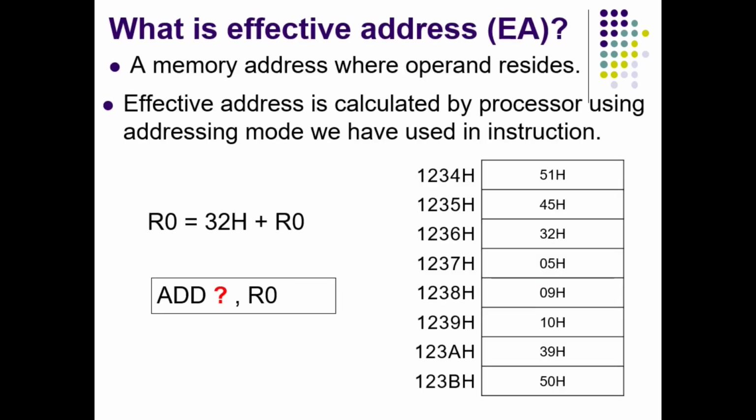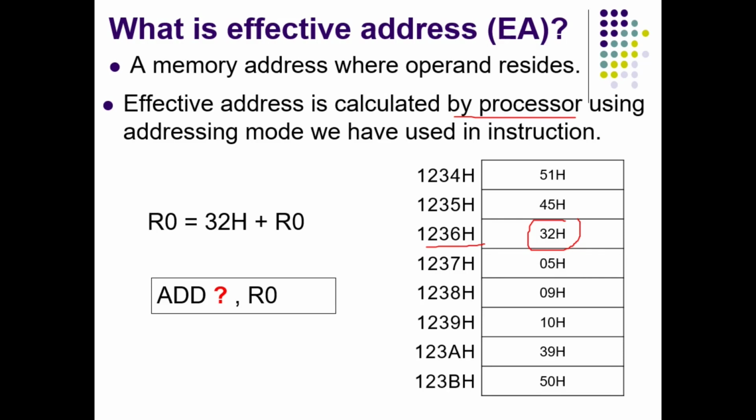Let me explain a basic concept, the effective address. This is required to understand various addressing modes. So what is the effective address? The effective address is nothing but the actual address of a particular data in the memory. This address is required by the processor, so that the processor can send this address to the memory and get the data from that particular address. Or, while storing data in a particular location, the processor has to send the effective address along with the data to be stored.